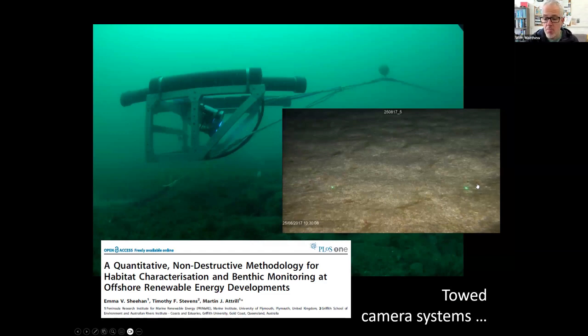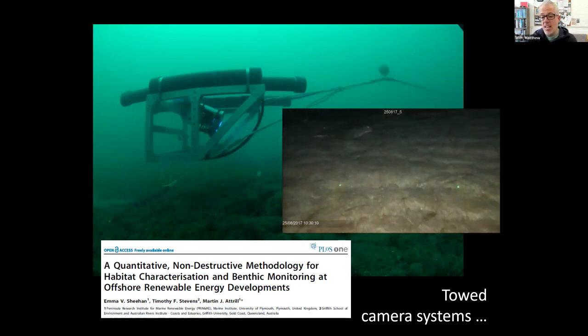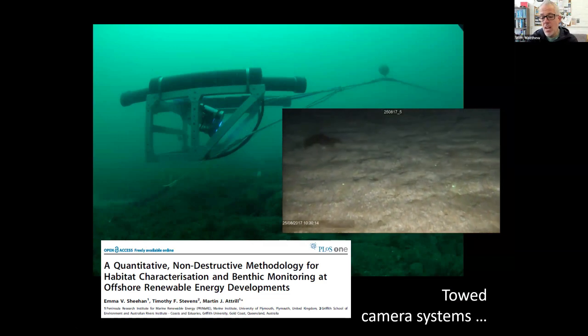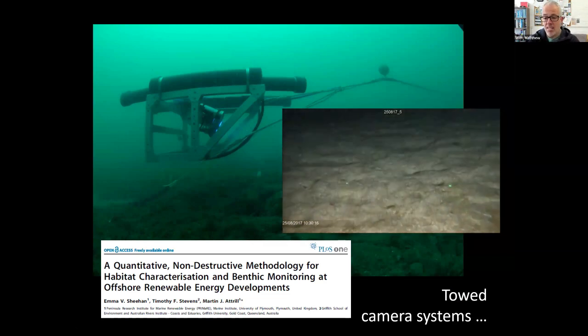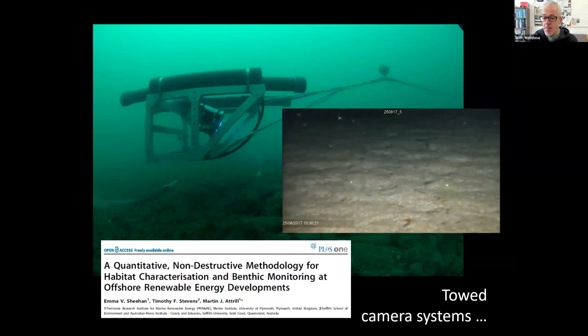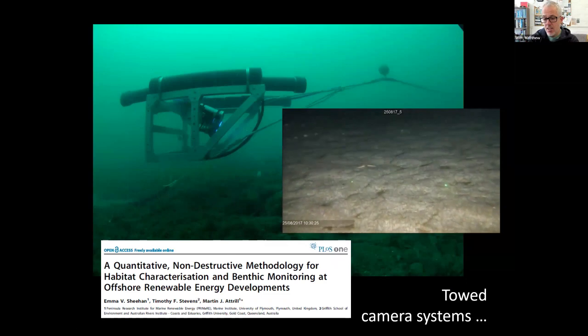that have been used in the marine environment to gain information about things such as habitat structure. And this is the towed camera system. This is really pioneered in the UK, at least, by Emma Sheehan. There's a place on the left-hand side. But really, these camera systems are about collecting rapid information across large areas of the seabed for habitat description. They're really best for